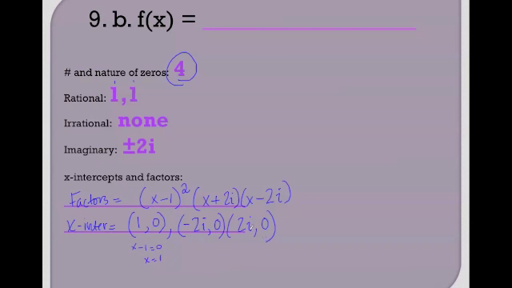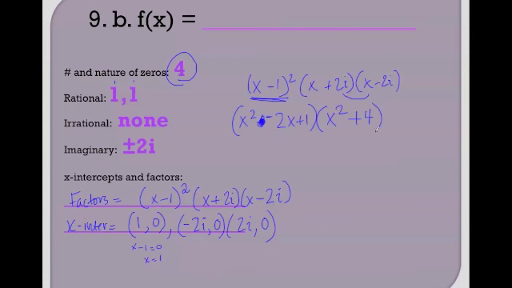Now, when we multiply this out to get the standard form of our polynomial, the way that I worked this was to multiply this part out first, and that gives me x squared minus 2x plus 1. Remember, use FOIL. And that's really x minus 1 times x minus 1. Then when I multiply these two, it's x squared